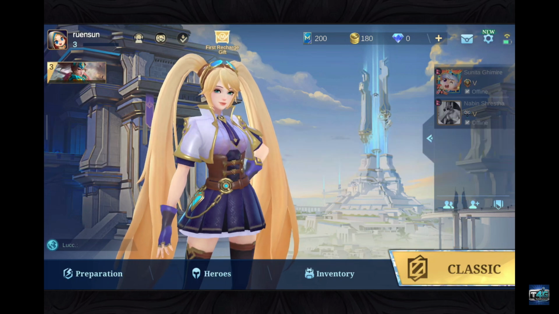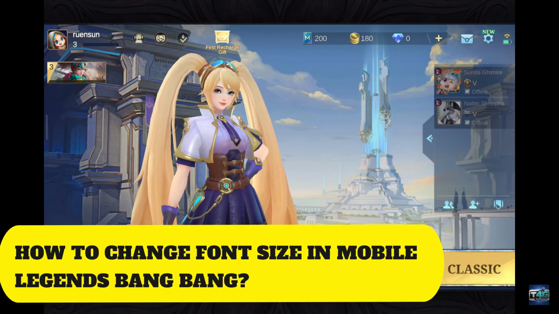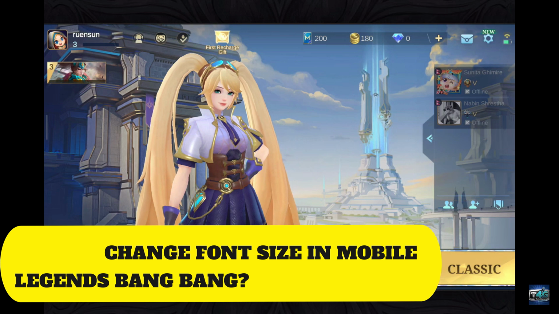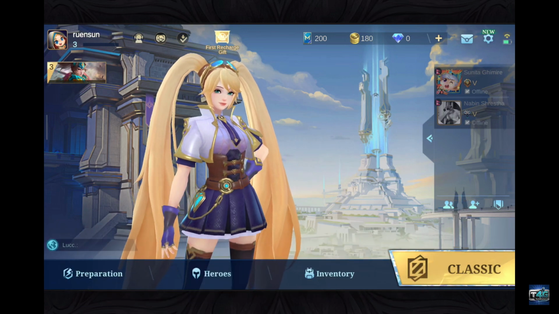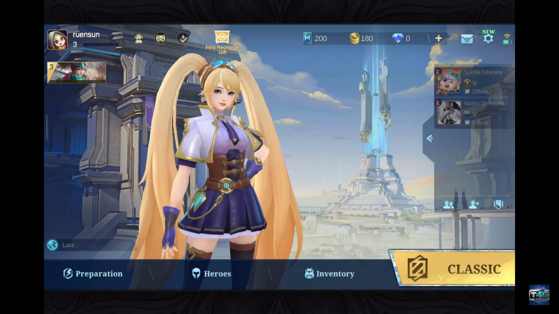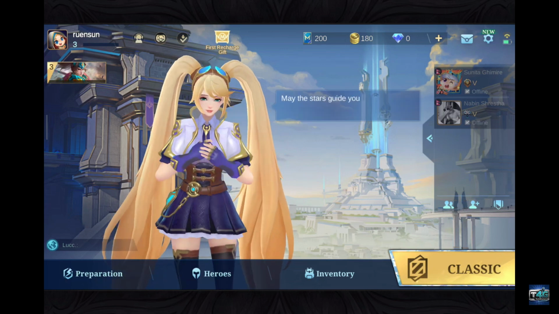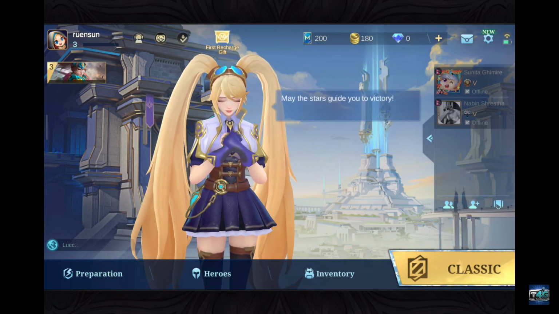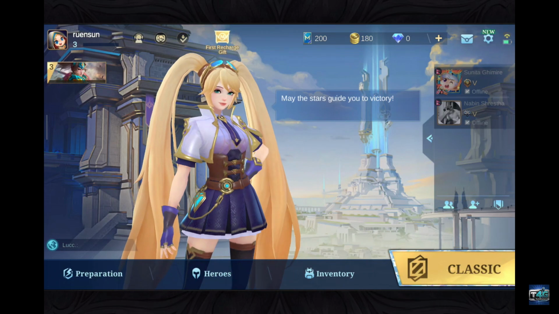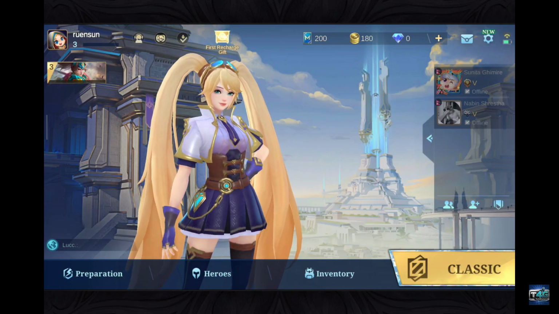Today in this video, I'm going to show you how to change font size in Mobile Legends Bang Bang. Changing the font size in Mobile Legends Bang Bang can make the game more comfortable for your eyes and improve readability during intense matches. First of all, launch Mobile Legends Bang Bang on your device, and from the main